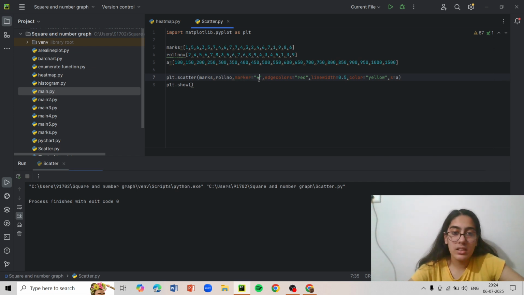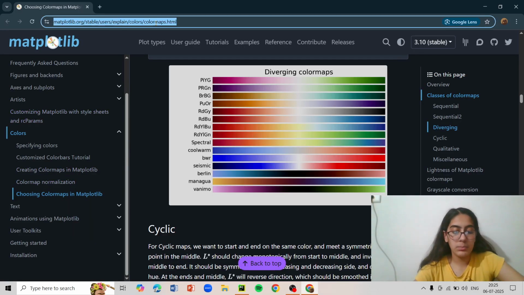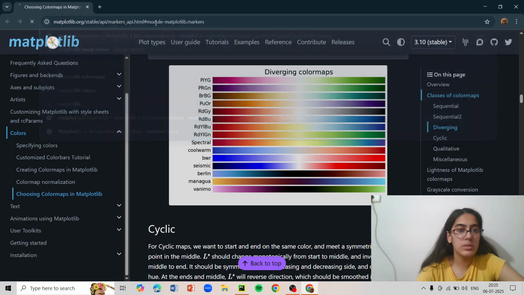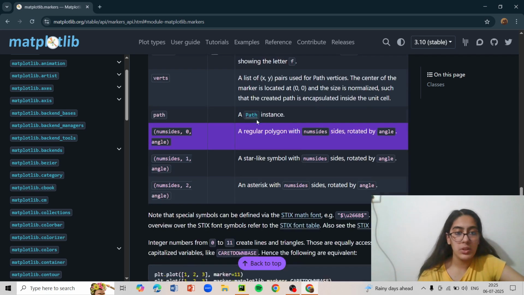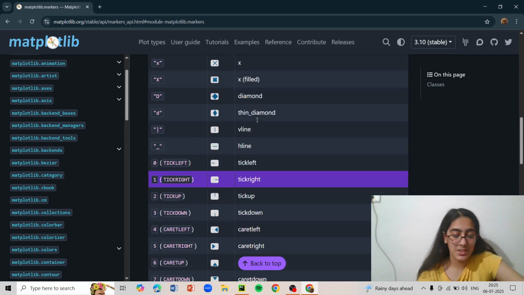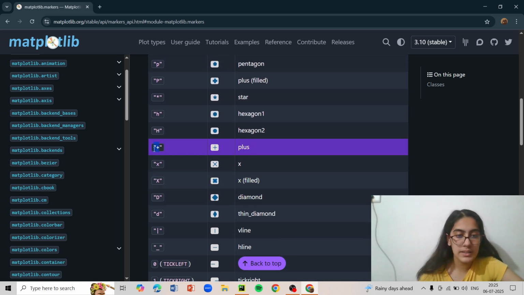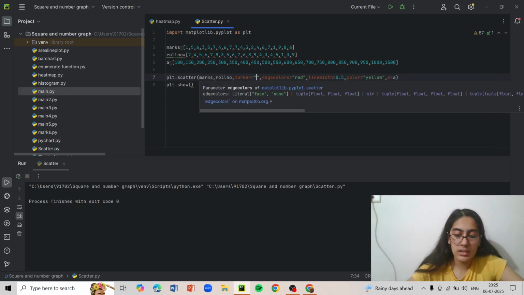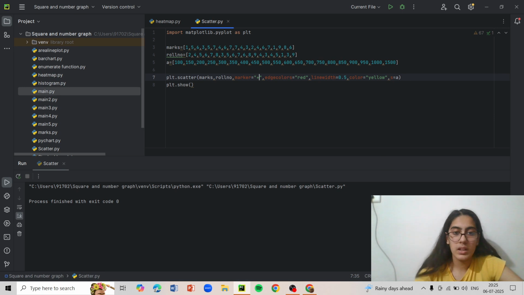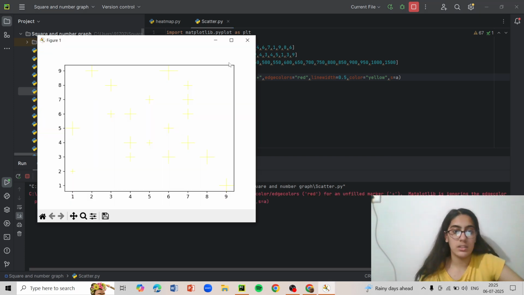And then in the marker, we need the markers. So I'll go and show you over here. There is a matplotlib markers page. Yep, there we go. These are all the different types of markers that you can use. So which one do you want? Just go down in the comment section and let me know. I'll use it in the next class, but for now I will just put a plus maybe. Yeah, plus sounds good. I'll copy it, and then over here in place of the marker I'll just paste it. Only one. Run, and then instead of star you should see a plus.